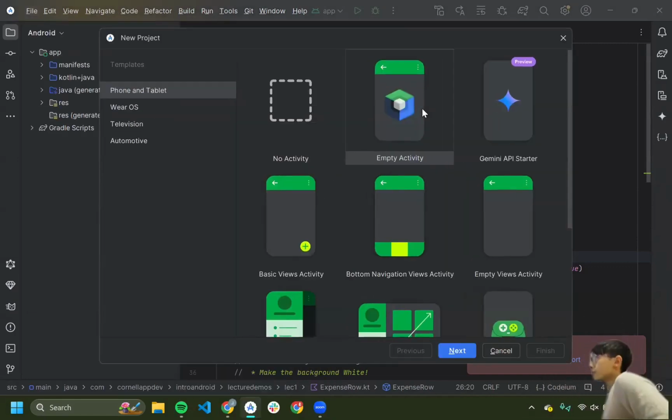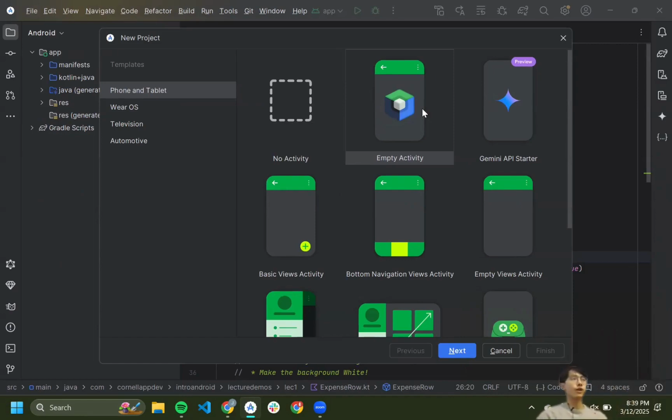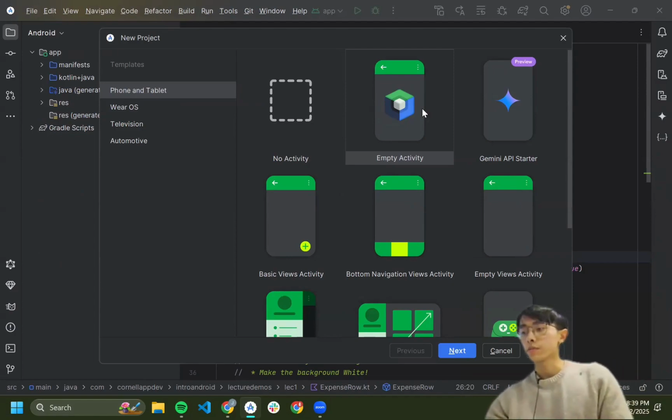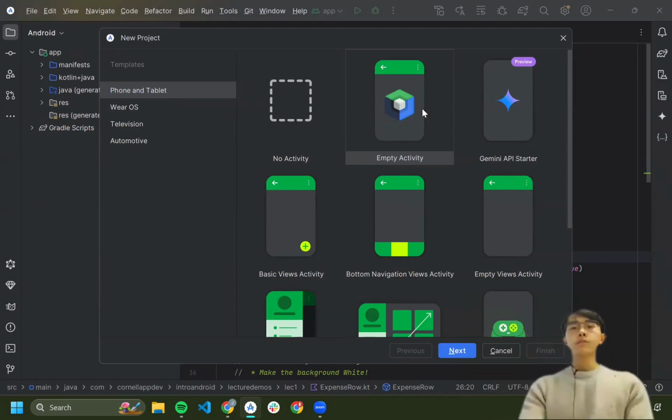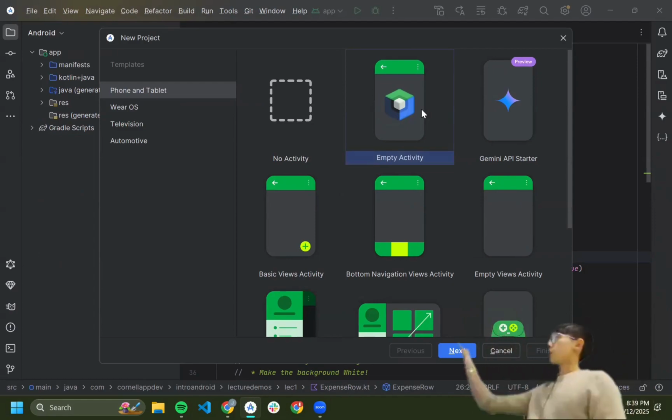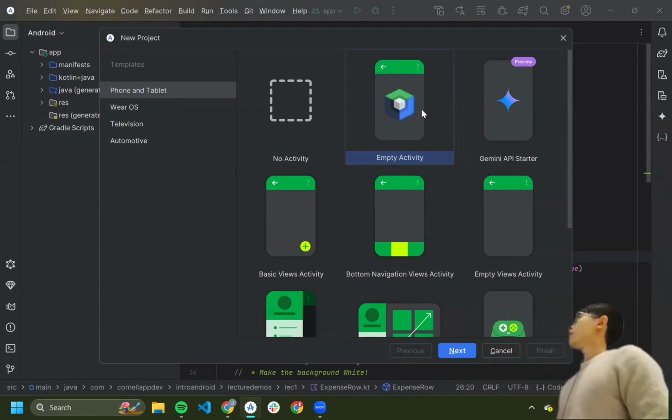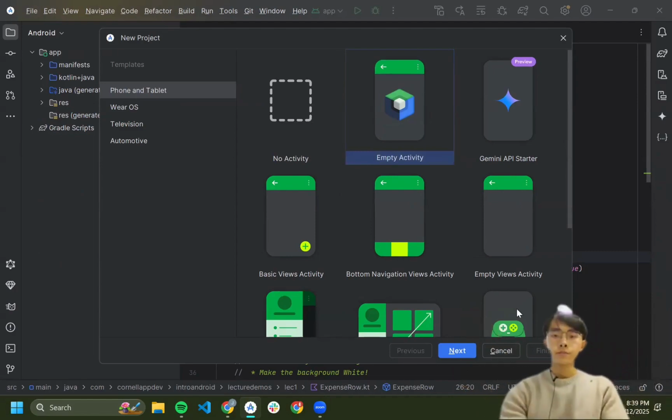From here, we'll be making a new Android project essentially from scratch for this week's demo. Here you want to make an empty activity. This icon here is the Jetpack Compose one, and the other ones are Android native, which is a more outdated version of Android. You'll want to use Compose.